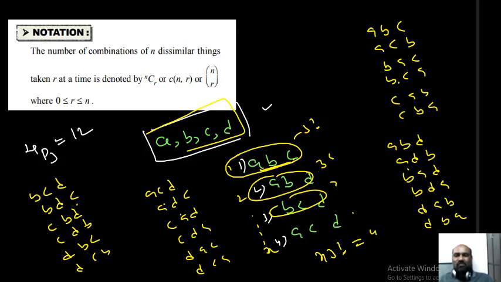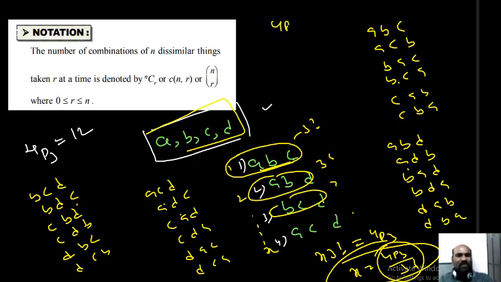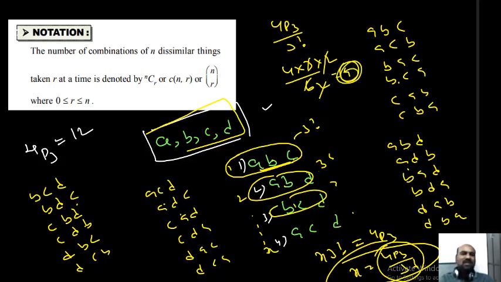That is nothing but what can I write? 4P3 I can write. So what is x now? x is 4P3 by 3 factorial. What does x mean? The number of combinations. So what happened? 4 elements are given. The number of ways you can select 3 is 4P3 by 3 factorial. What is the value? 4P3 is 4 into 3 into 2. Sorry, something was wrong earlier. So 3 factorial is 6; 3 ones are 3, 3 twos are 6. The 2 gets cancelled. What did I get? 4. How many did you get? 4. Understood? So in this way you can generalize the concept.